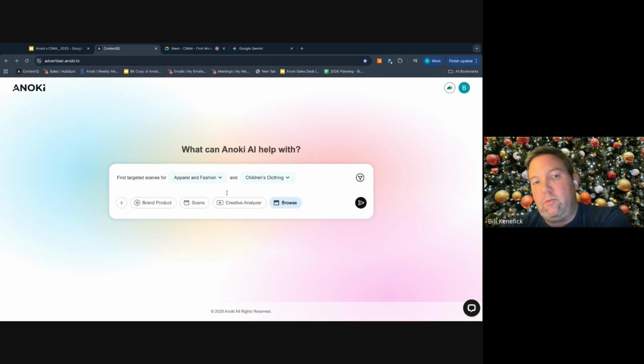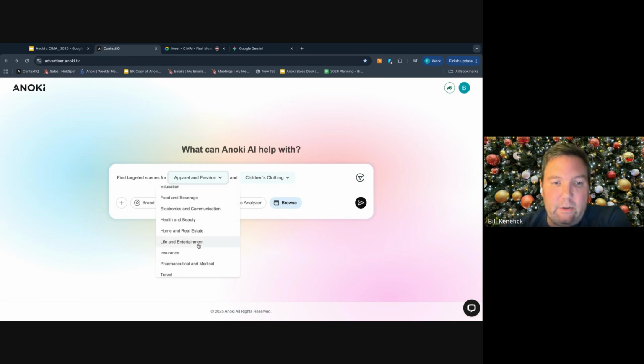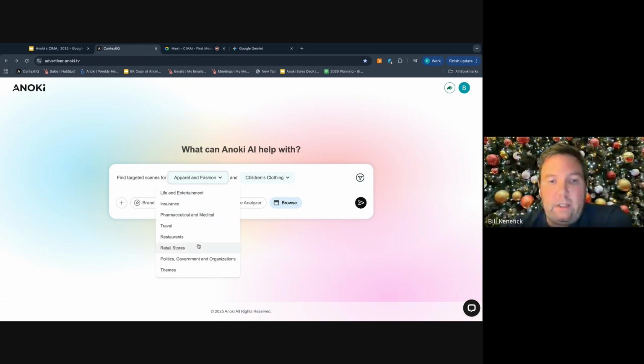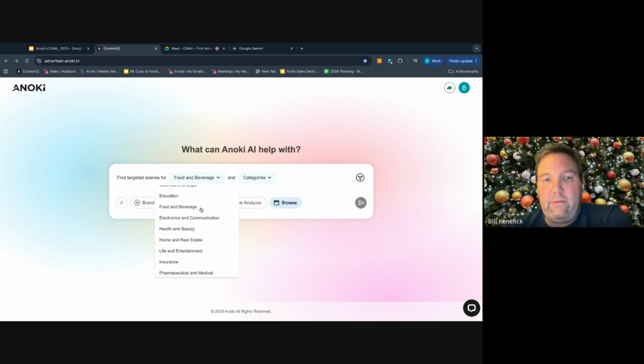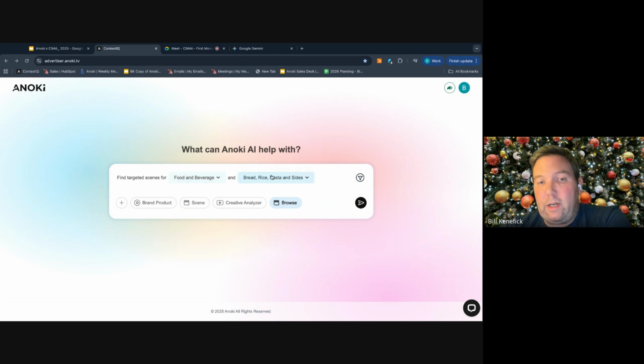There's the ability to browse for scenes, and we do a little bit of work for people, whether it's internally or externally, meaning we set the stage in terms of prompting ideas. So if you want to see example scenes that could be a good fit for certain kinds of food and beverage brands and kinds of products, you can do that and search for scenes that make sense for that, right?